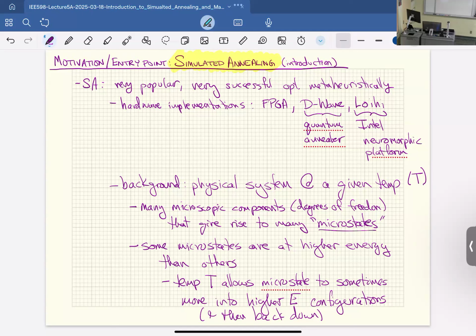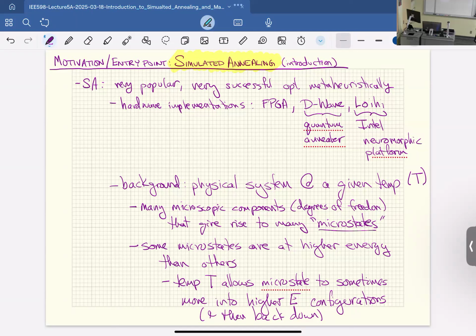But that's the picture I want you to be building in your head: in any physical system, the underpinnings of what makes up this chair, that desk, me, you, is a set of microstates that are naturally sitting close to their lowest energy, but due to thermal agitation, they have access to higher energies. And with more and more heat, with more and more temperature, you'll get access to even more states. And it's this idea of constantly being able to jiggle through states and sometimes being able to access other states that we're going to turn into a search process, the same way we turned the process of evolution into a search process. Okay.